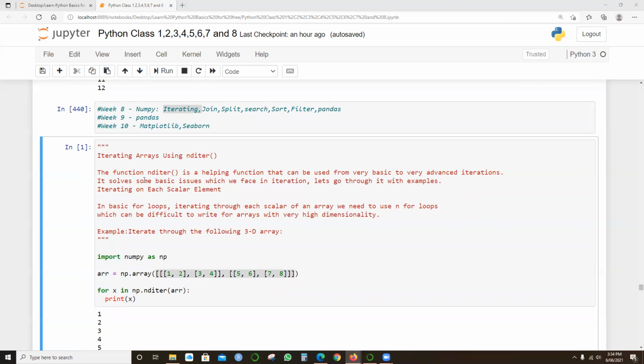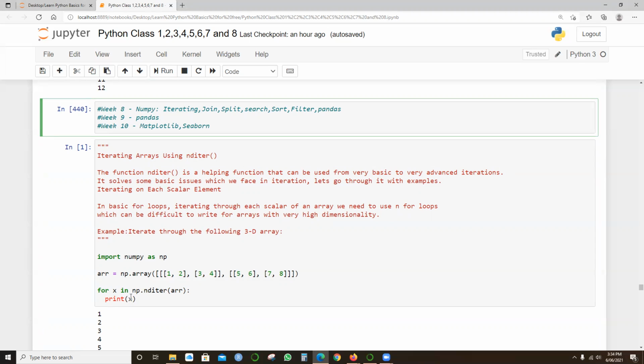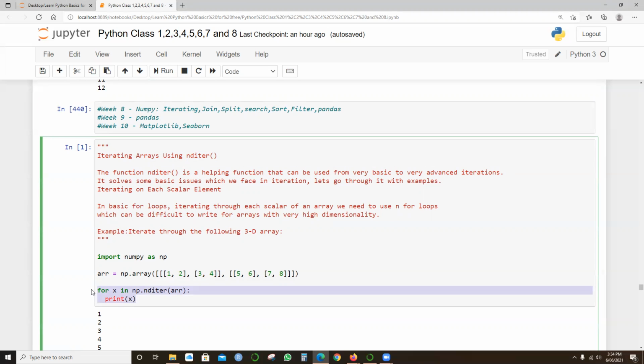The function nditer is a helping function that can be used from very basic to very advanced iterations. It solves some basic issues which we face in iteration. Iteration is nothing but the loop, like in a for loop. However, we're using a function over here, but it's a loop iteration.